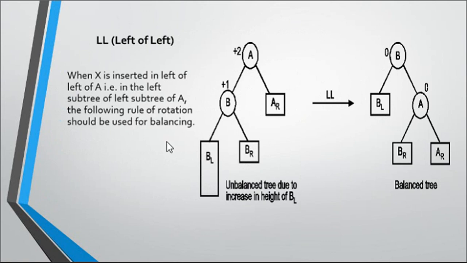Now the first rotation we see is LL, that is left of left. Over here this is A and this is B at the left, and it is imbalanced because the balance factor will become 2, because we have added something to BL, the left of the left subtree. So if you want to make an LL rotation, you have to make B, the middle one, the root, and A will be at right. So BL will be at left, and AL and AR will be at right. Now BR is greater than B but lesser than A, so you should attach it there. So this is LL rotation. We'll see one example of it.